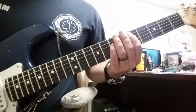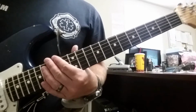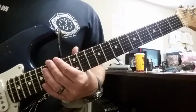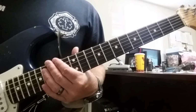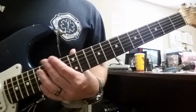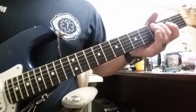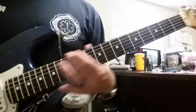Okay, from here I'm going to come up to about the, say, 15th, 17th fret, somewhere in there. Strike the E string, slide down, and then I'm going to hit an open A string to a 3rd fret C note back into the D. So it's, and then come back to the D. So it's,